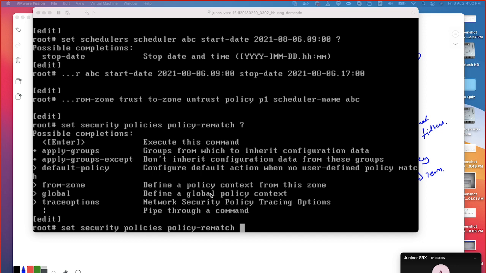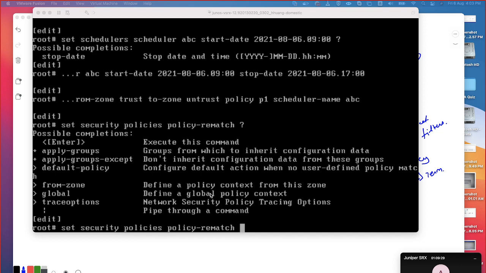Assume that you are modifying the address field. If you are modifying the address or modifying the application, then what will happen? Case number 1, if the policy rematch is disabled, all existing sessions will continue. There won't be any problem.